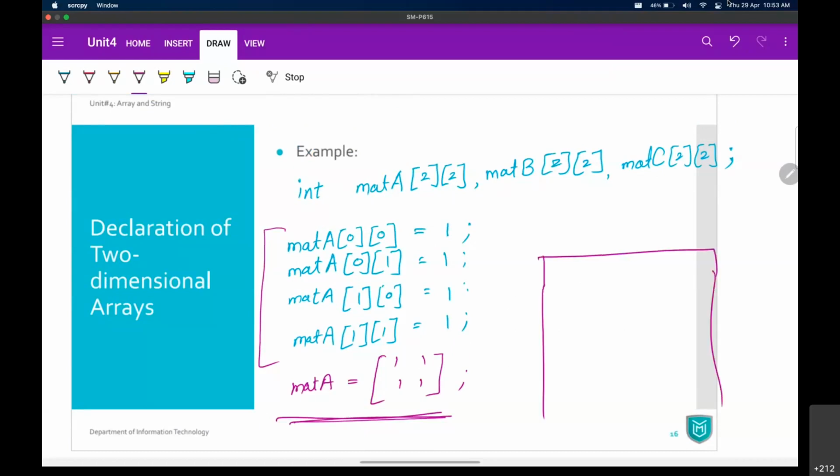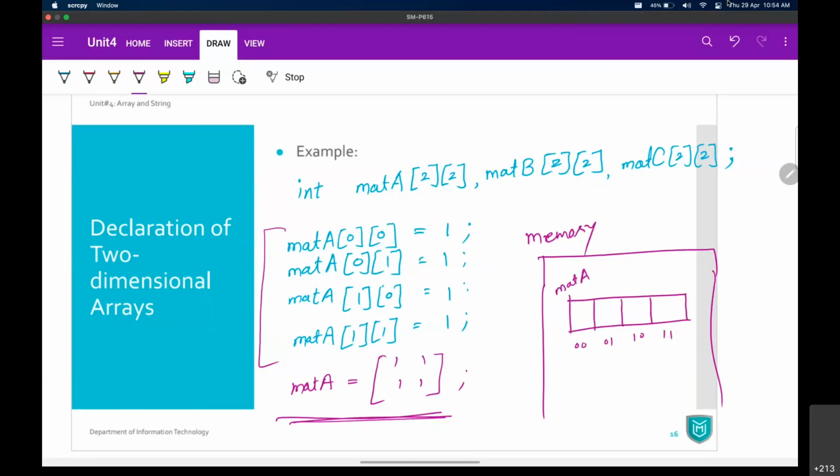Inside your memory, you will have a continuous block which is referred by the mat A label, and it is going to have 4 elements in a continuous memory location. So this is going to be 0, 0, 0, 1, 1, 0, and 1, 1 index.